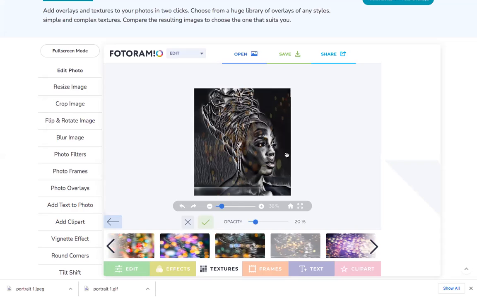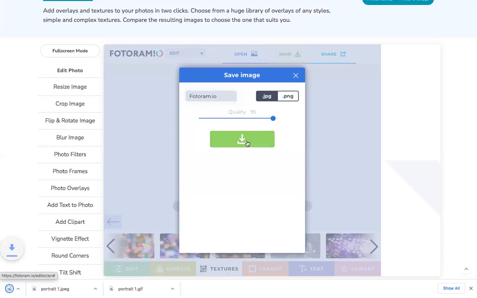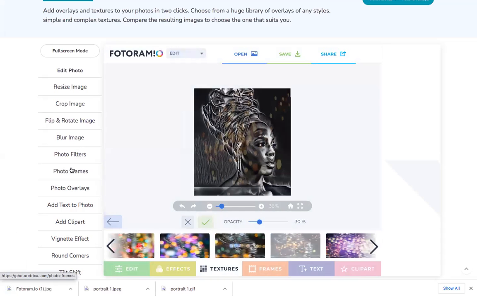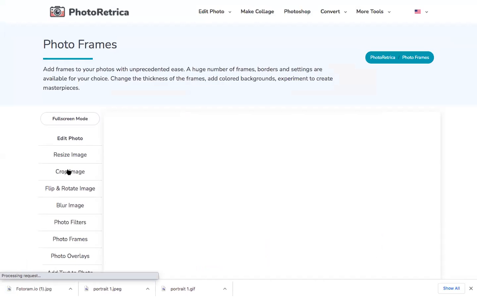Okay, so once I've applied one that I like, and by changing the opacity, 100% is less see-through, is opaque, and then dragging it down makes it more transparent. So I'm going to save this. And then because remember, in order to apply multiple effects, we got to re-upload it.